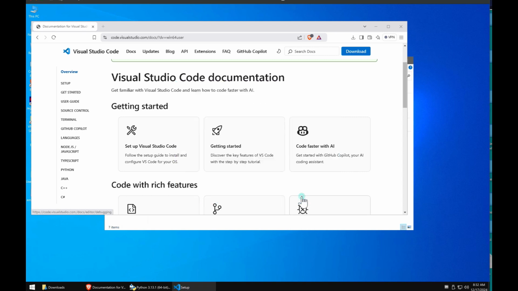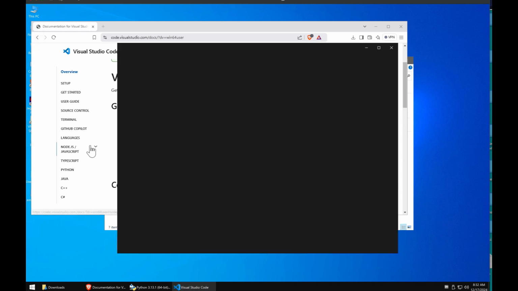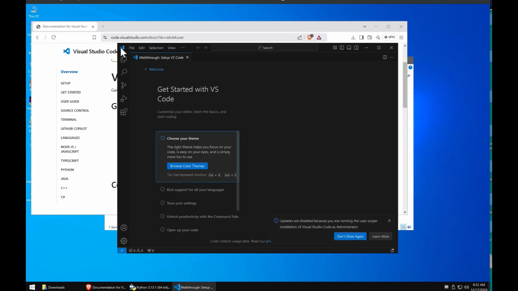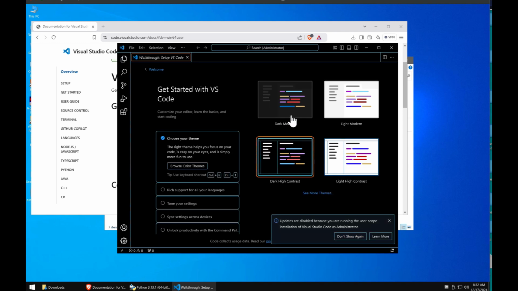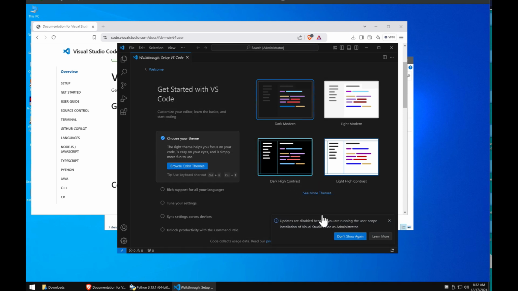VS Code is your development environment. We'll see that in a moment. So what you're looking at here is VS Code. I like to use the dark theme when I'm doing development. I use the modern dark, which is slightly less dark. Okay, and then